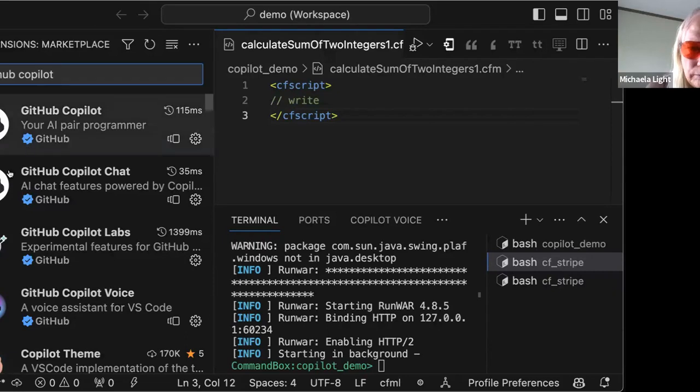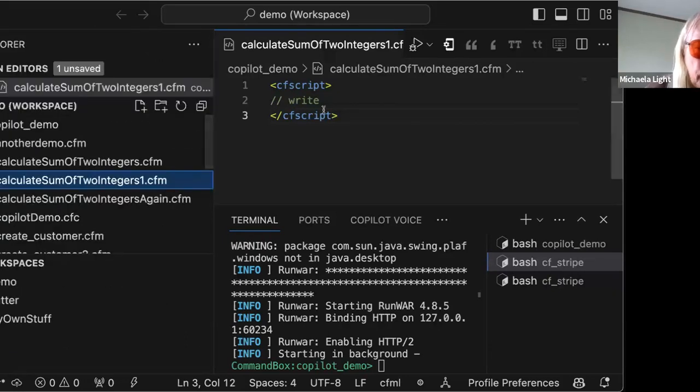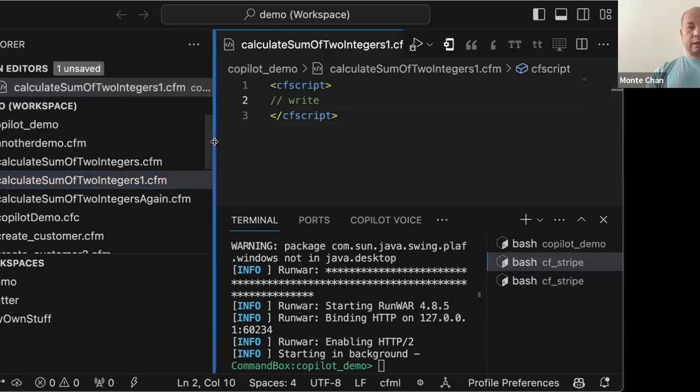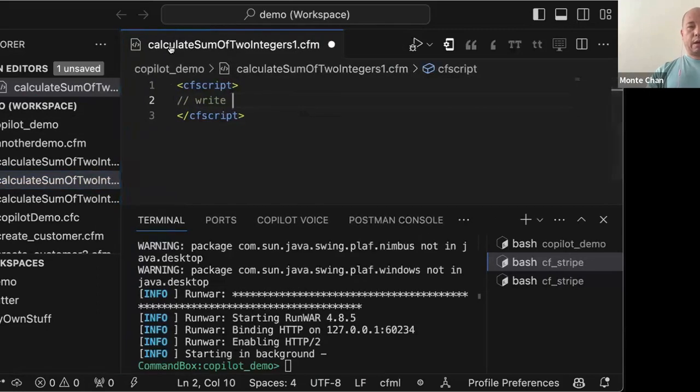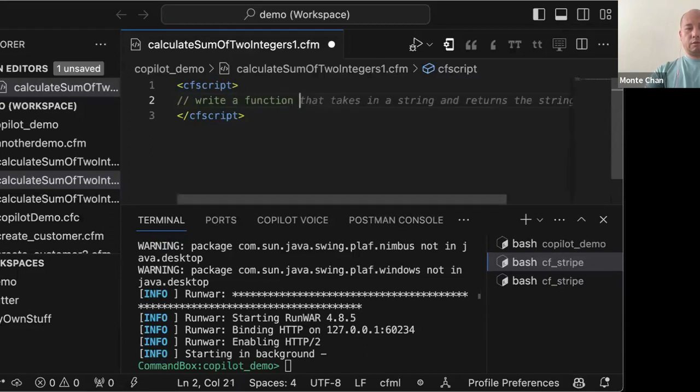Cool. Okay. So now I have this file called calculate sum of two integers, so be descriptive. So basically, you've got a comment in here, and you're going to, yes, got //. Right. Yes, so you can start by writing a comment about what you want to do. Let's say you say write a function that,